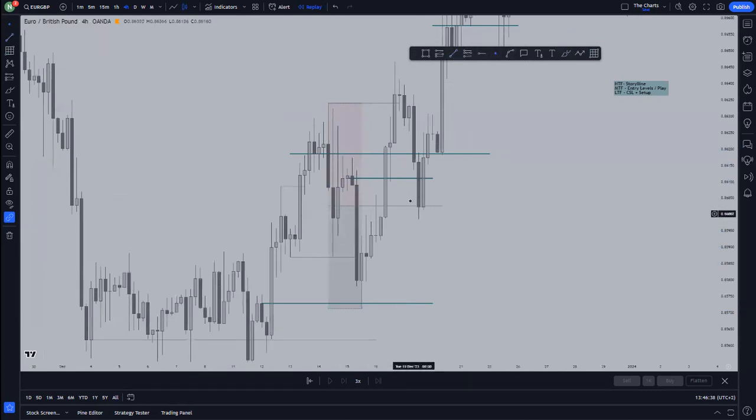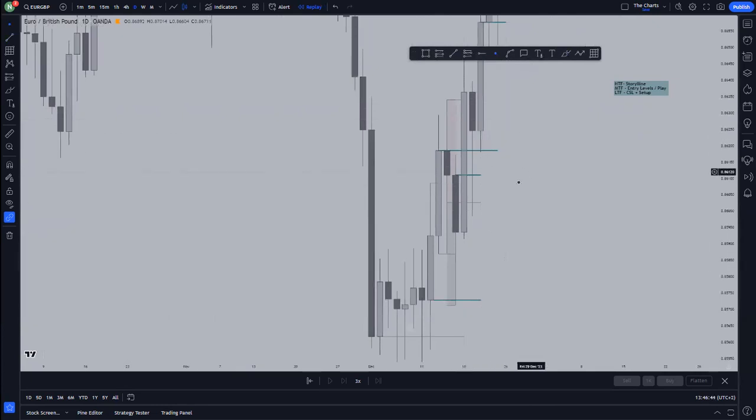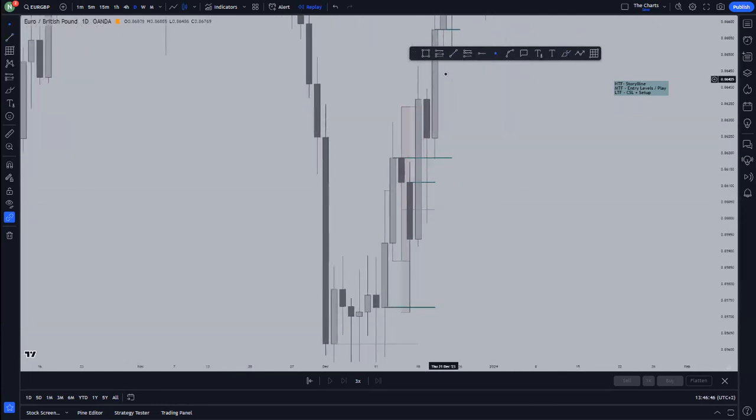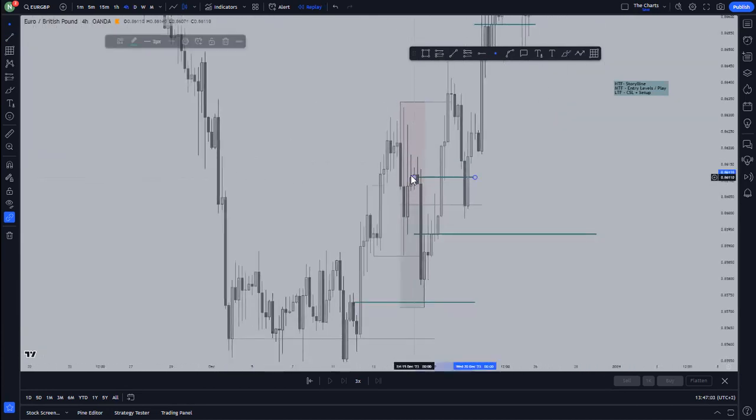As we have reached for this 50% of the range, we identify the SNR level that is close in proximity with this level right here. From my side, I would have identified this one, waited for some reactions right here, and capitalized on these buys going to the upside, which means that we're filtering out this point right here and this one right here. But as you can see, this is the level that gave us some reaction.